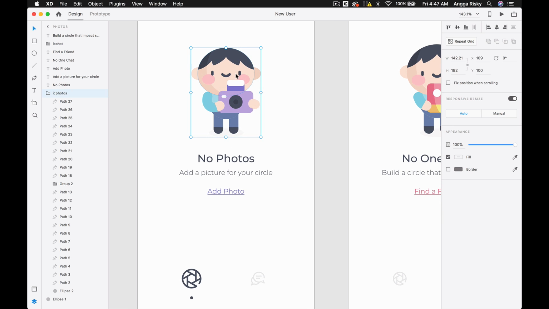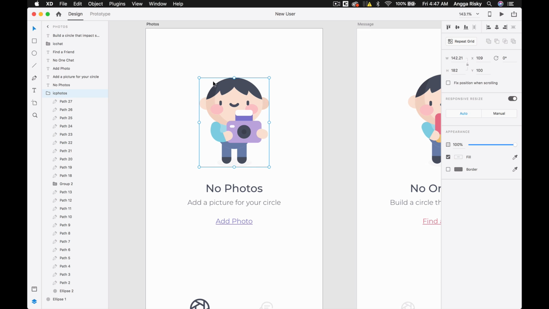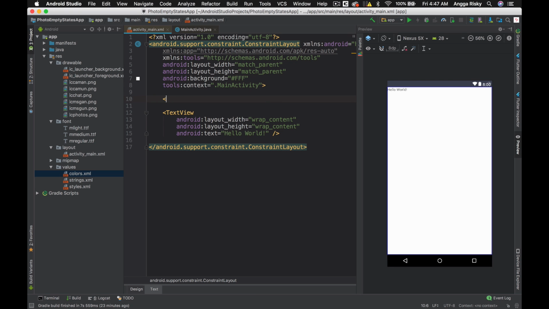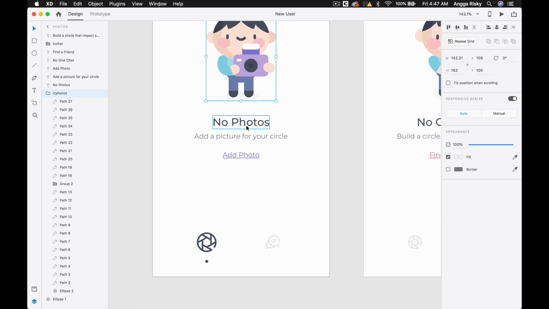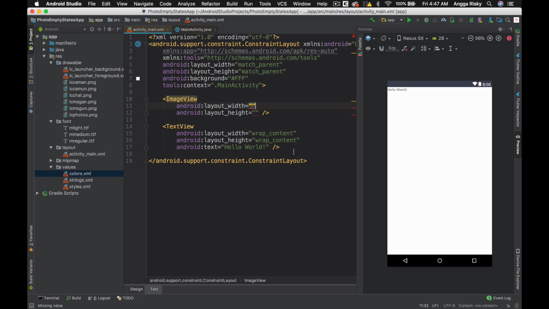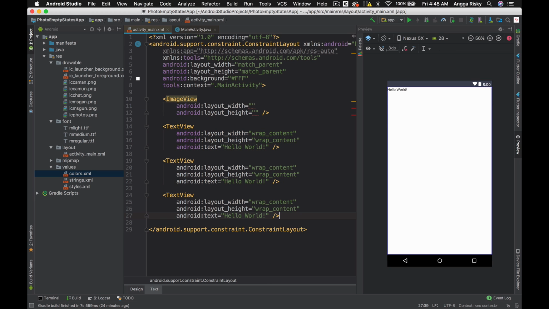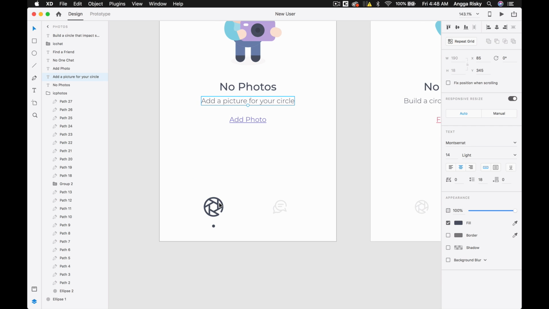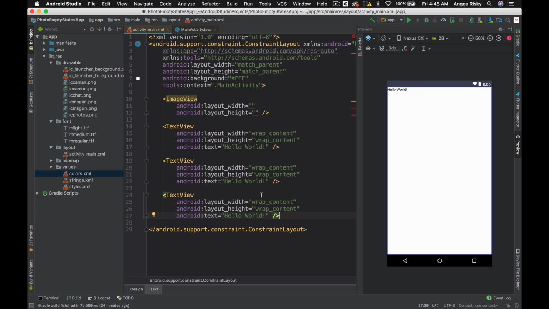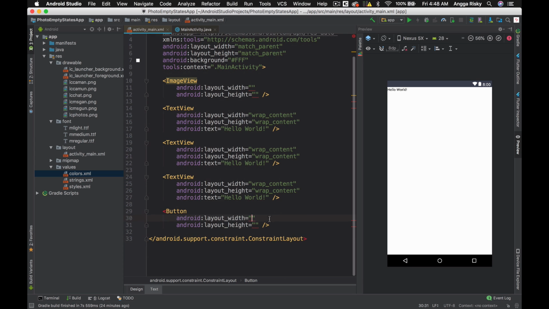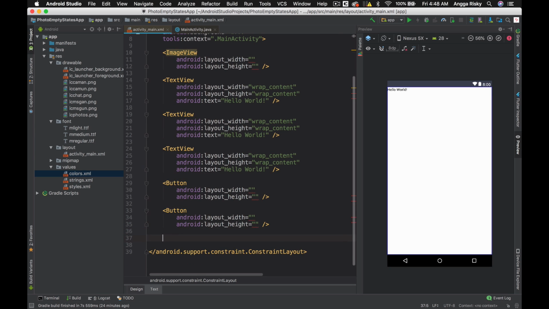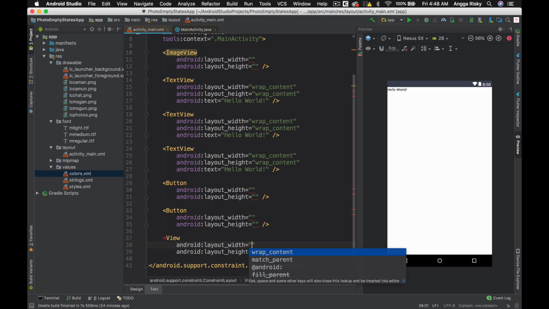And then if we see here, let's get started with these pages. Okay, so this page is all about the photos. So here you have to prepare the image view like this, and then you have to prepare 3 text views. So I'm going to simply duplicate them like this, and then at the bottom we need 2 buttons and 1 view. So button like this, and we just simply copy, and then we need the view.